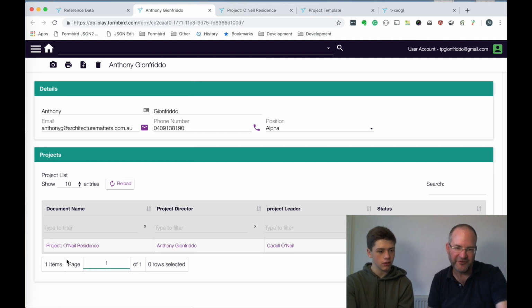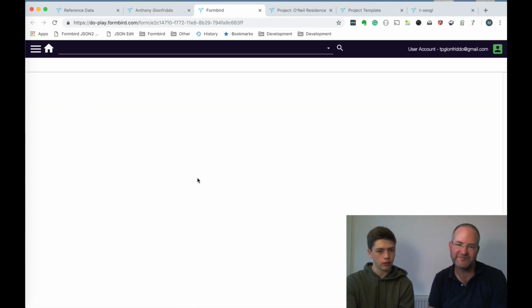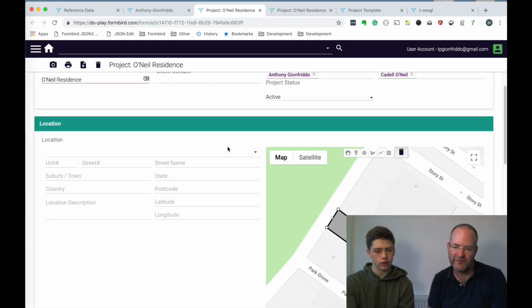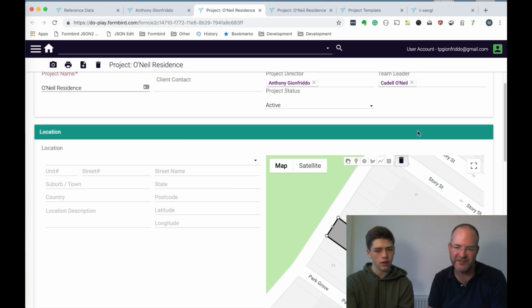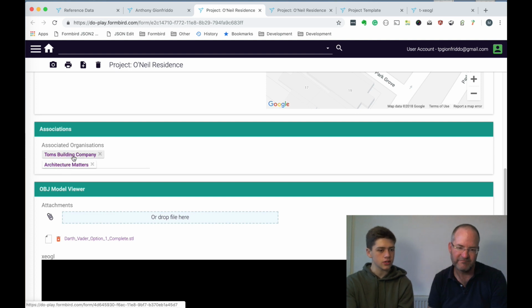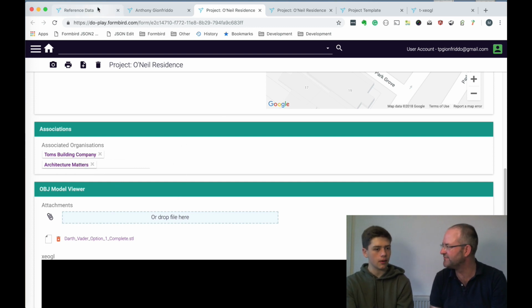Okay, so I could drill through there, could I? Yes, that'll open up the actual project. Project again, yes. And so that project has some details on the project? Yes, so it's got a location, and the geofencing of it. And then we've got other companies, organisations that they're associated with, so building companies. Okay, so it could then have a relationship with the building company on the project itself. Yep.